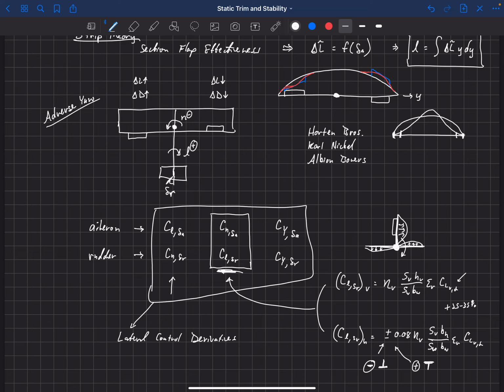And we've talked about ways to estimate some of them. Of course, using CFD or these numerical panel codes or other low fidelity methods can also be used to estimate these. And they're actually usually fairly accurate below stall or for small deflections, so these lower order tools can be used to get pretty good estimates for these control derivatives. So in the next videos, we're going to talk about how we use these general control derivatives and also our stability derivatives to trim out an aircraft laterally.